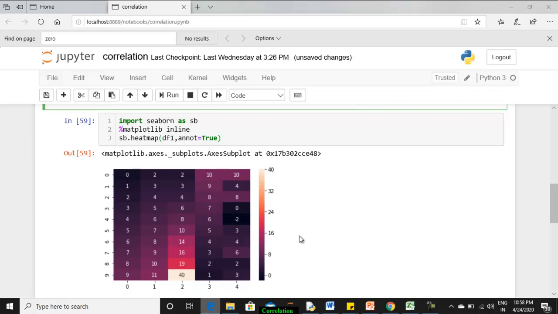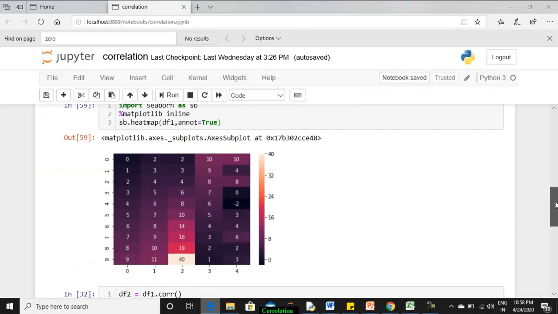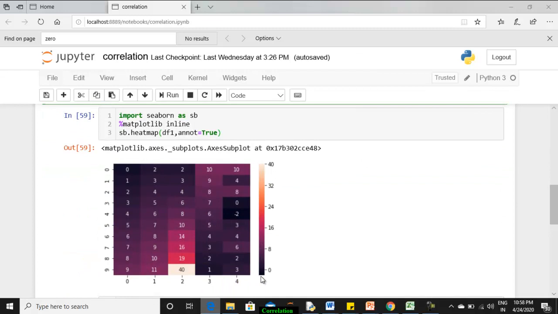And whatever is the maximum value among the values, so among the entire matrix, what is the maximum value we have? 40. So that 40 will be represented with the white color, and always 0 represents a black color, and the color gets distributed accordingly. The migration from black color to white color will be there with a smooth transition among the values from 0 to 40, and you could see the values are getting colored accordingly. So what is the purpose of it?